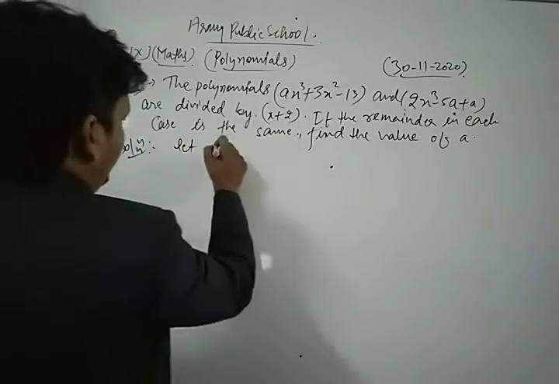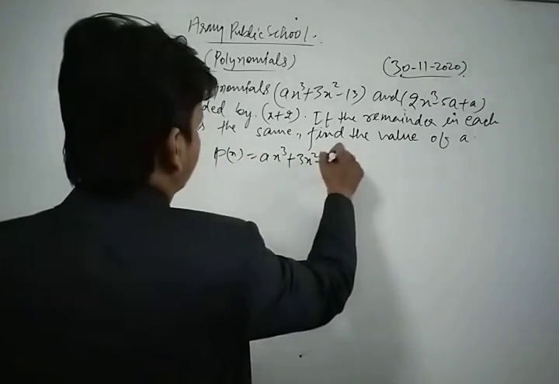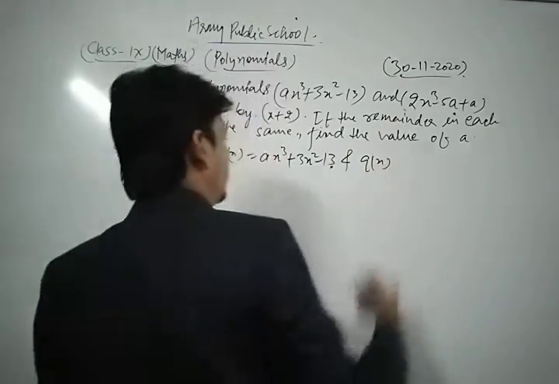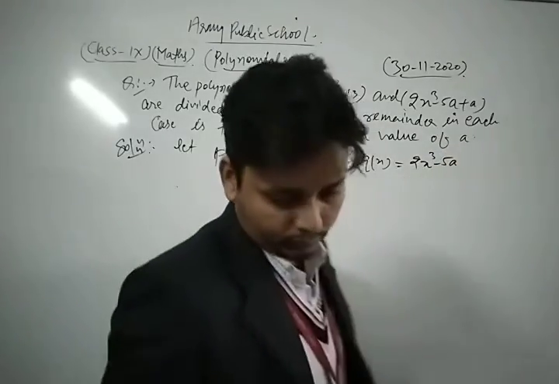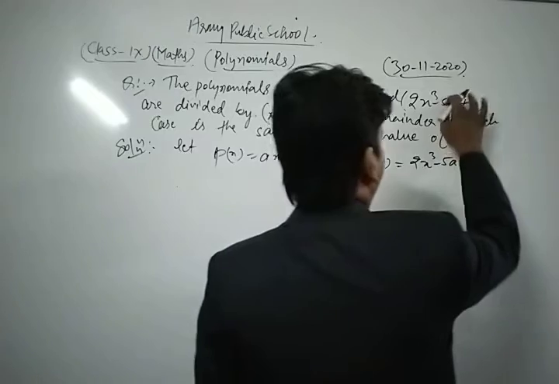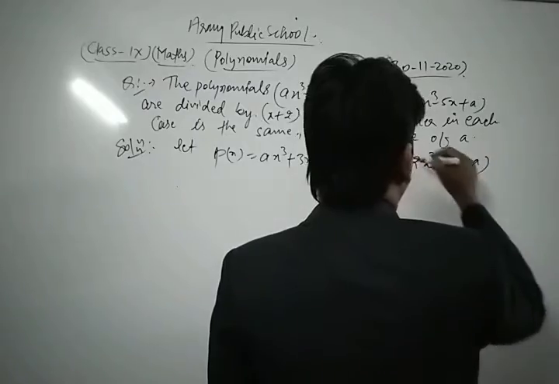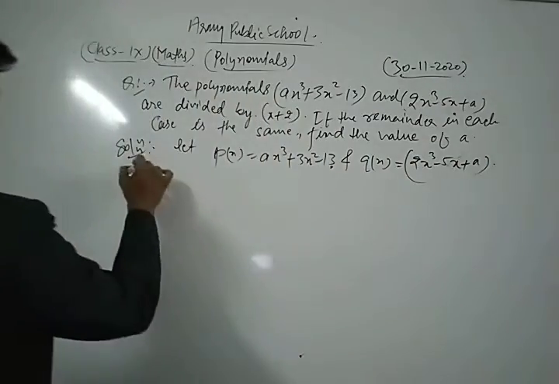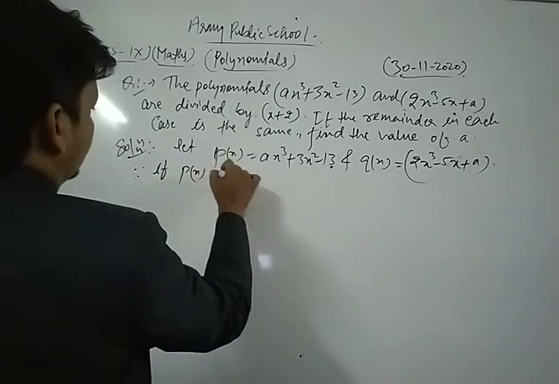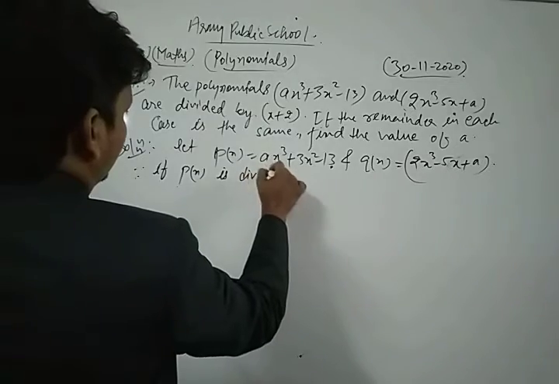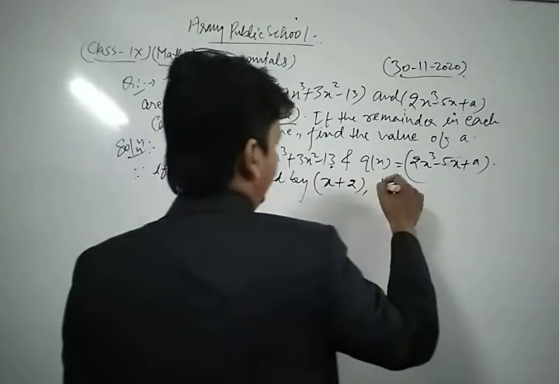First of all, let the given polynomial be p(x) equal to ax cube plus 3x square minus 13, and we take the second polynomial as q(x) equal to 2x cube minus 5x plus a. Here two polynomials are there. Now first, if the polynomial p(x) is divided by x plus 2, then the remainder will be,